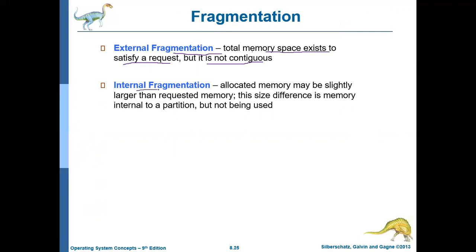Whereas internal fragmentation happens with fixed size partitioning, that is, allocated memory may be slightly larger than the requested memory. This size difference in memory leads to internal fragmentation. I guess you remember, always we fix the size of the partition. So if each size is 100 MB, and a process of 75 MB comes, then the remaining 25 MB is wasted. That is what this statement means: allocated memory may be slightly larger than the requested memory.